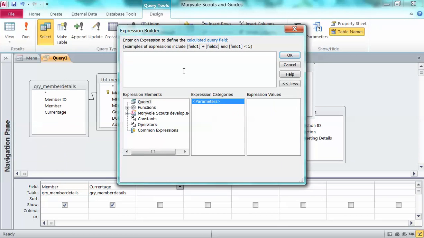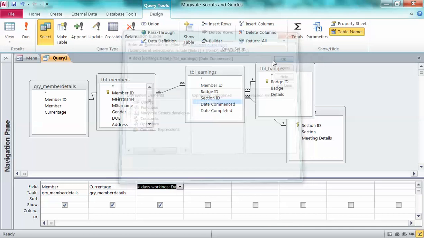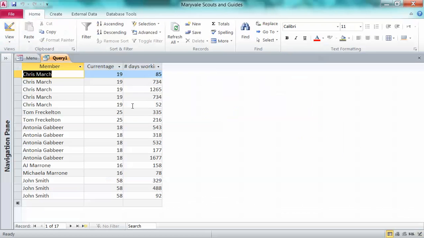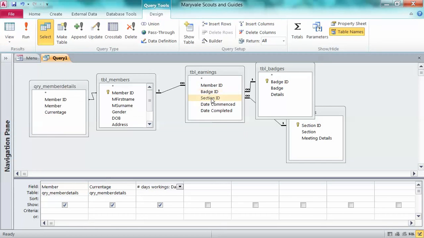in the builder a field to calculate the number of days working, which is the difference between the current date and the date commenced in the earnings table. And I will then name that calculated field as the number of days working. And I can view the query up to this point, showing that information, and then I add in the name